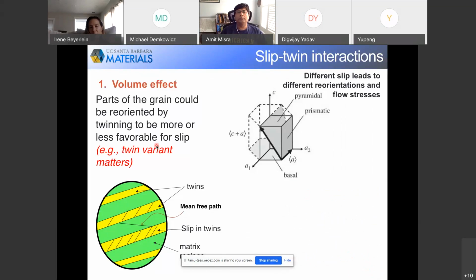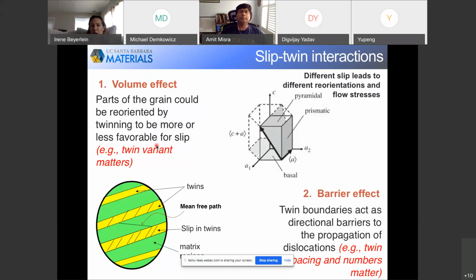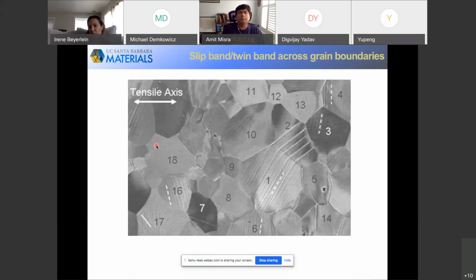I think the last of the last responses dealt with slip twin interactions, and one of the discussion points today was to discuss two or three different slip twin interactions. We just discussed two. Another interesting one I wanted to bring up is from a 2010 paper by Lei-Yun Wang et al. I should have put the reference here, and I'll add it when we post these slides